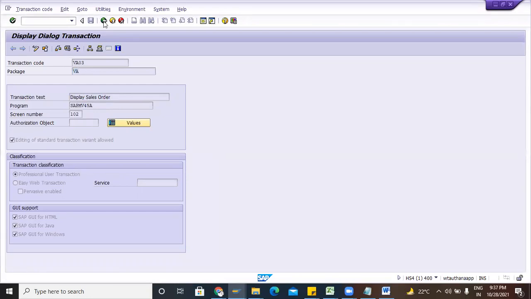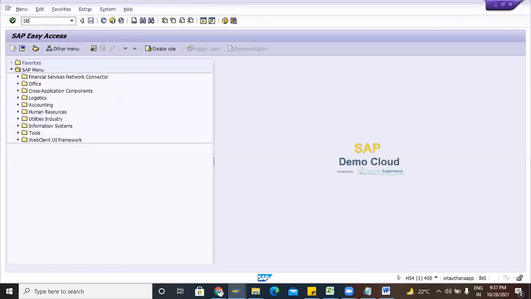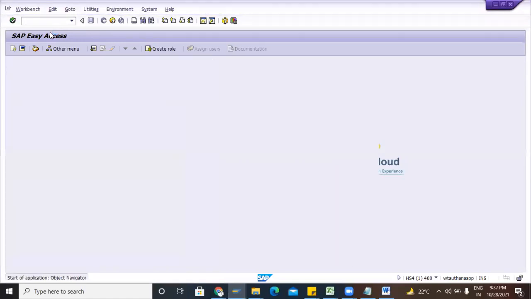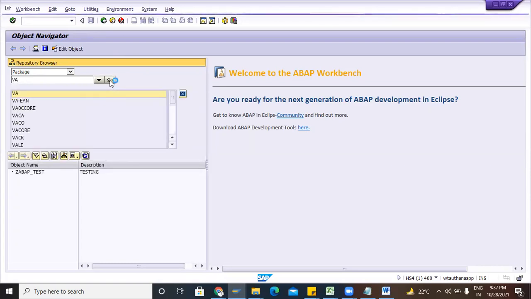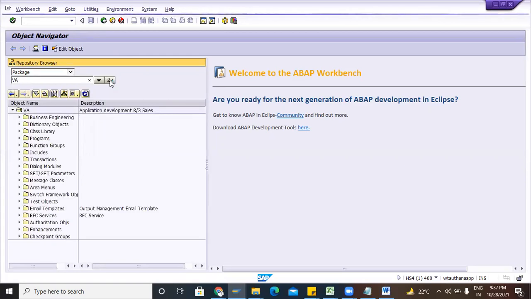In this package, let me show you this standard package SE80. Here you can pass your standard package, suppose VA. VA, this is the standard package. All your objects are stored in the standard package.